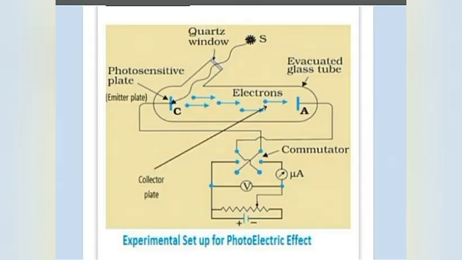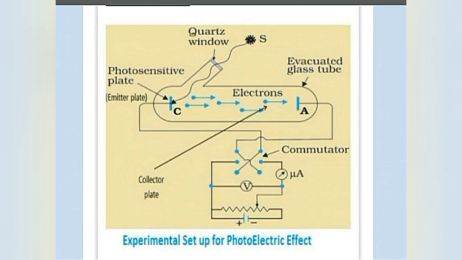Next topic is the experimental study of the photoelectric effect. The circuit diagram or the experimental setup is as shown in the diagram. In this diagram, T is an evacuated glass or quartz tube enclosing the photosensitive cathode C and the metallic anode A. Next, the monochromatic light from source S passes through the transparent window W and falls on the cathode.